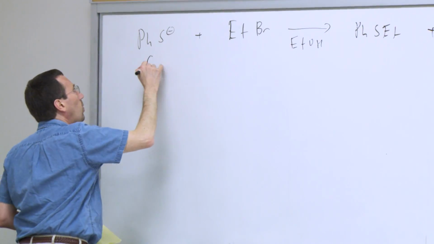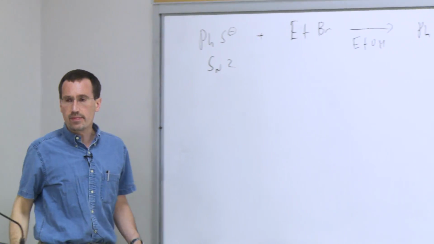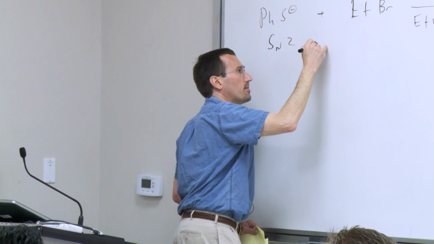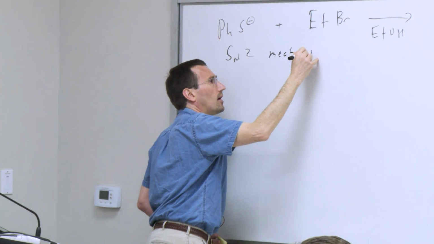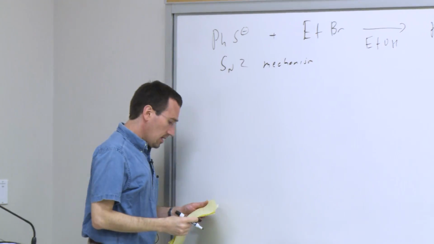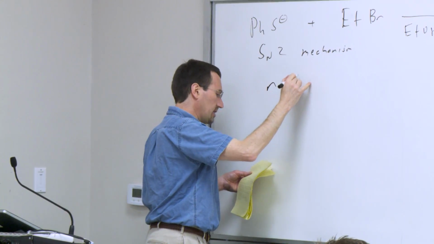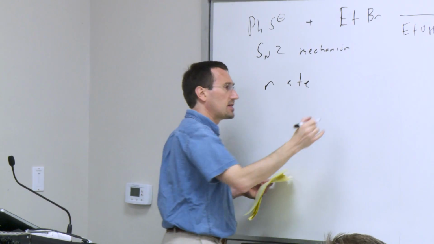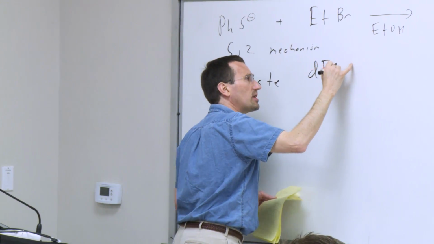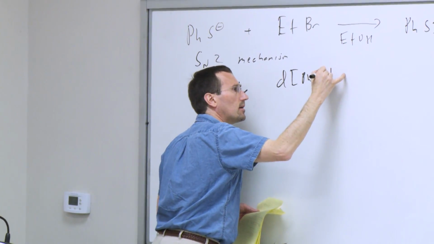And now I'm quite confident that this would be an SN2 mechanism. Primary alkyl halide, we're not going to get a carbocation. So our rate in an SN2 mechanism, it's a bimolecular process. Our rate, our formation of product